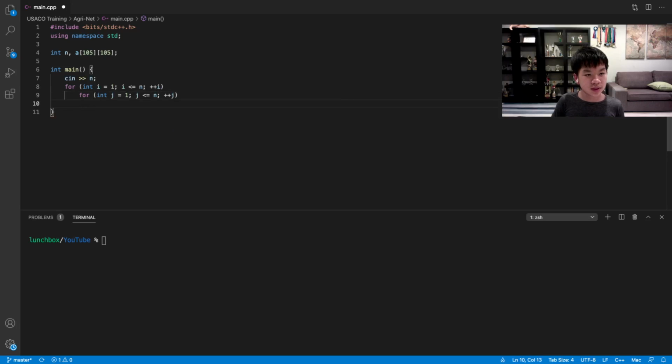Okay, so let's read in A of I of j. Okay, so now we're done reading that. We're going to run the minimum spanning tree. So first thing we're going to do is that we're going to have an array keeping track of